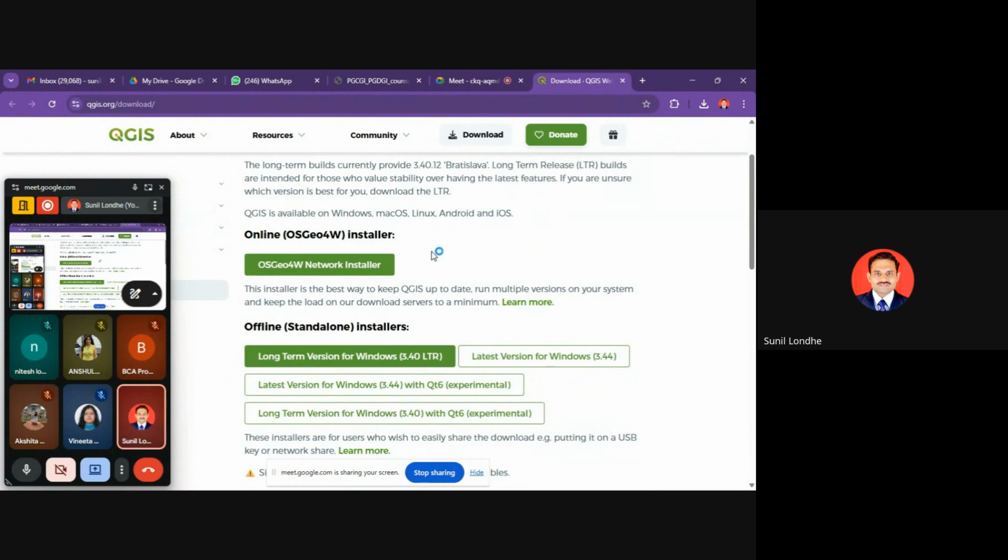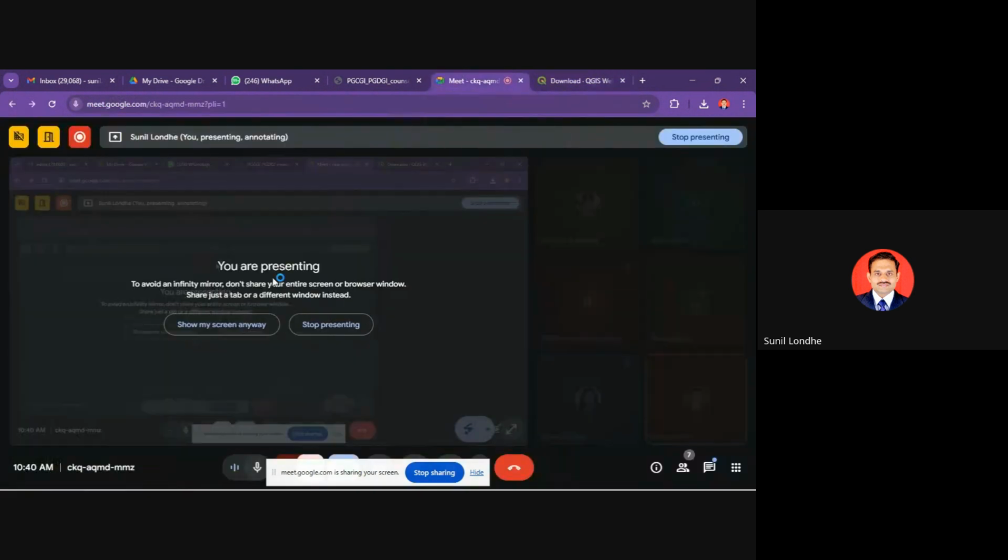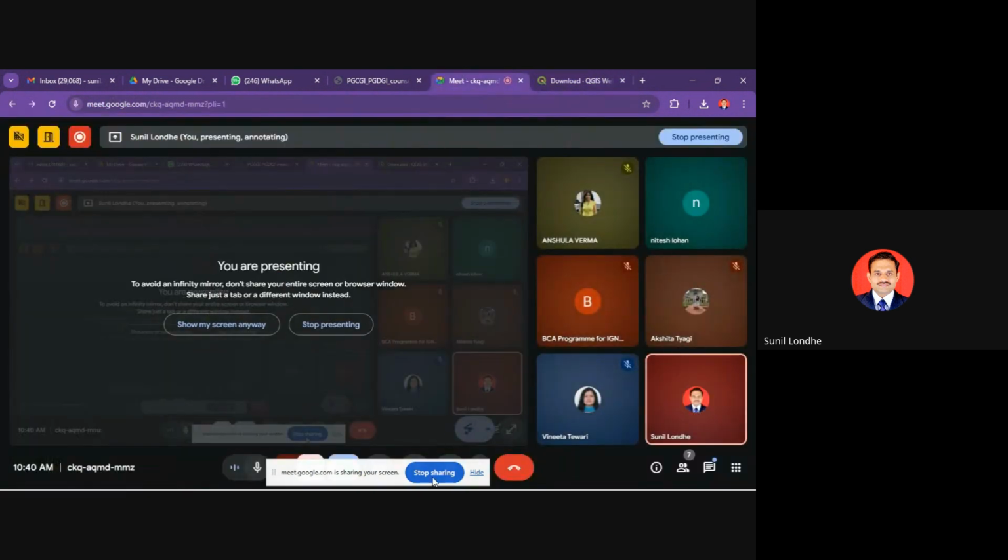Okay, so we need this offline installer, right? Long term version 3.40. Yeah, these are the different versions. You choose any one, no problem. Okay. Yeah, I will just unshare screen, and you install it, and then we can